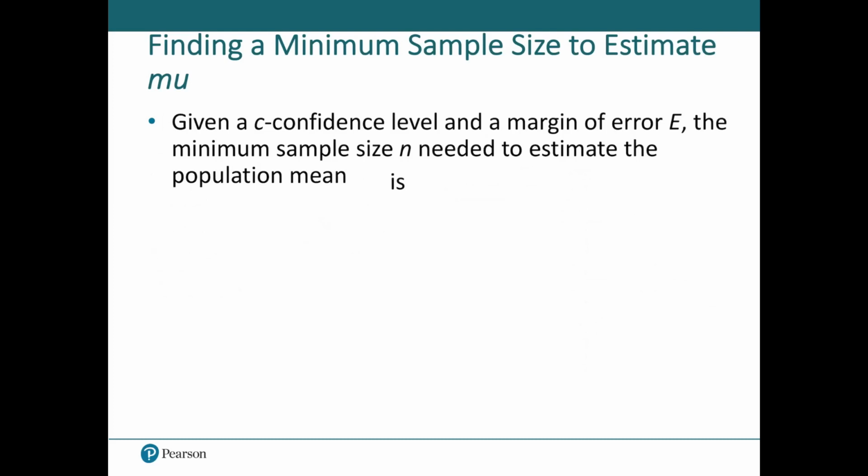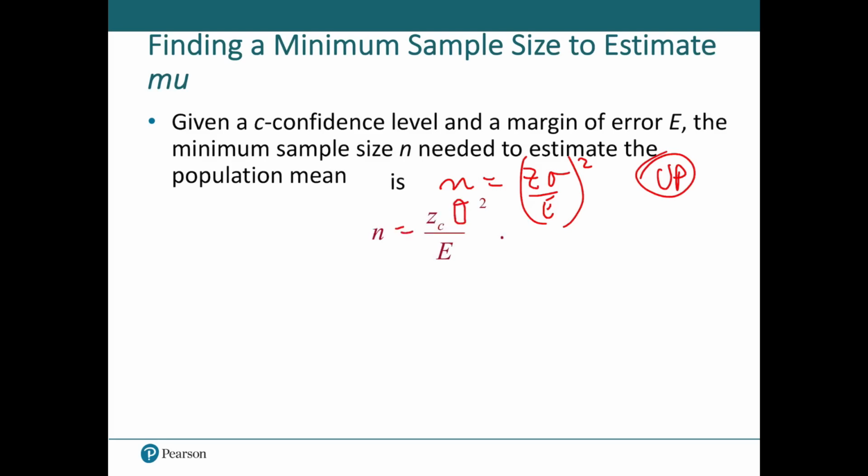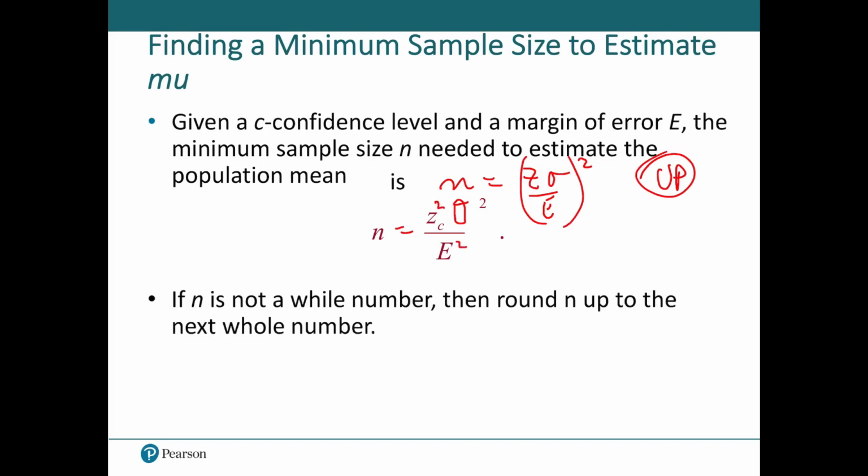So given a confidence level C, which is 90, 95, or 99, and a margin of error E, the minimum sample size n needed to estimate the population mean. This is just to review what we already had, and I'm going to go ahead and just say that it's equal to Z sigma over E. I recommend that you just find them separately and square it and round up. Don't forget the small print on that. So here they're going to just say the same thing, except they forget a couple of key items here. And it's all squared. So whether you square them individually or on the outside, that's up to you. But yes, please round up to the nearest whole number.